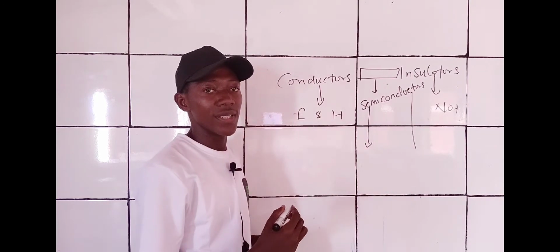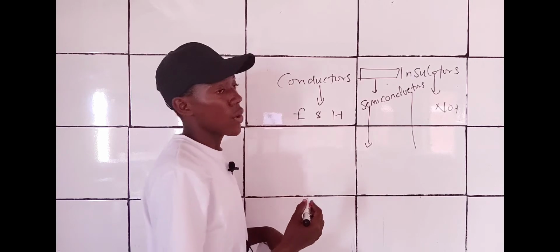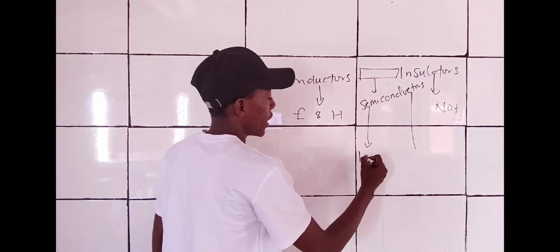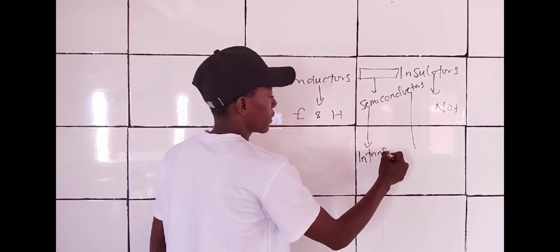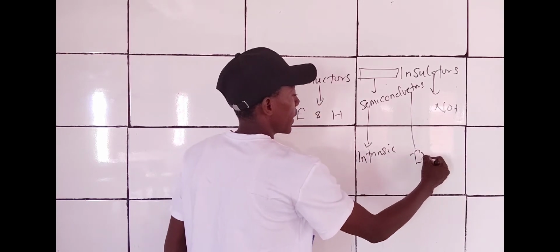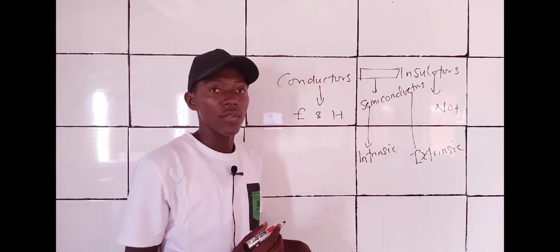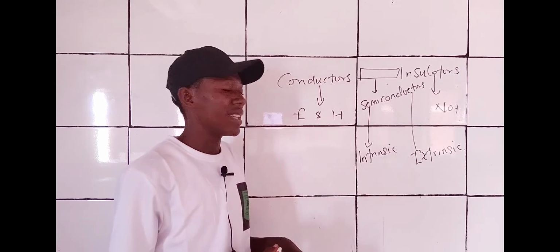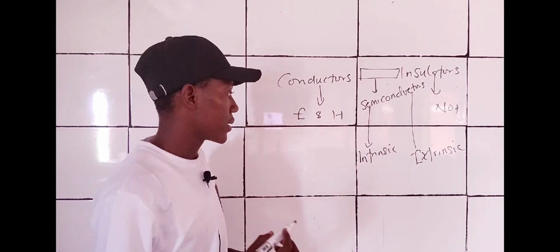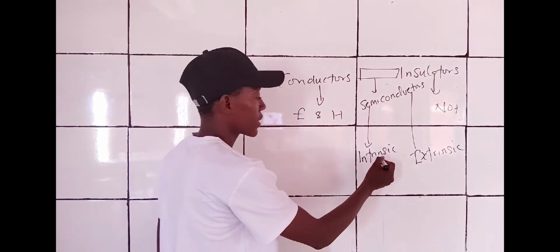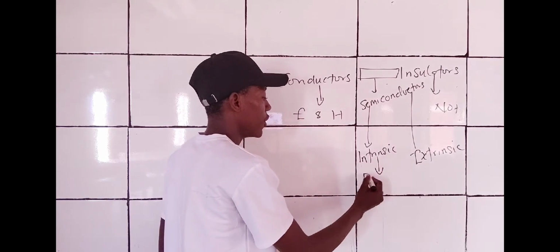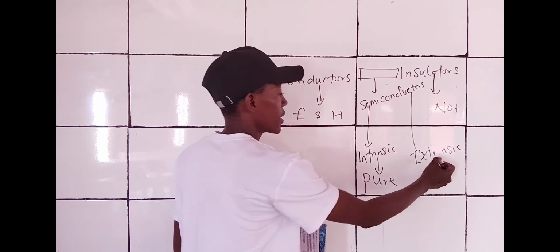We have the intrinsic semiconductors, or the I-type, and we have the extrinsic semiconductors. Now these intrinsic semiconductors are very, very pure, while the extrinsic are